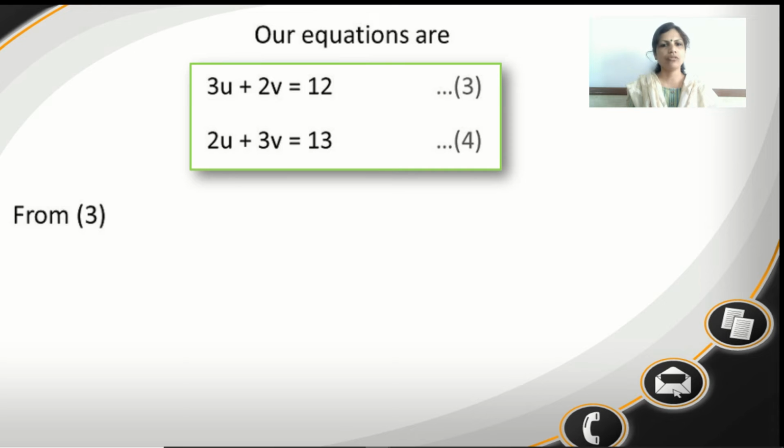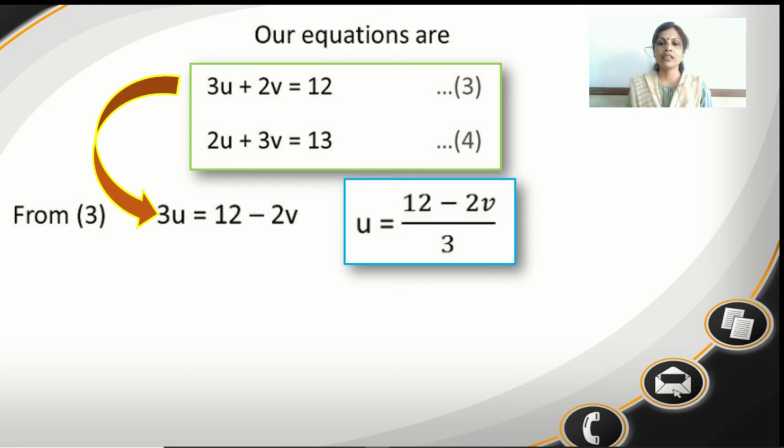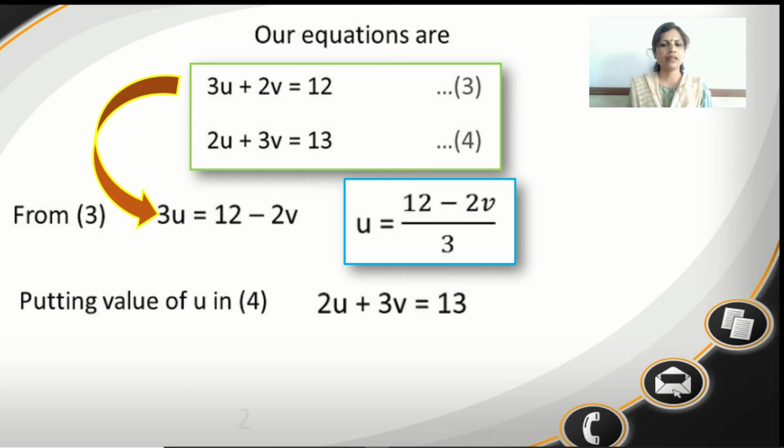From equation 3, we will write 3u is equal to 12 minus 2v, that is, u is equal to 12 minus 2v upon 3. Now we will put this value of u in equation 4, and our equation 4 is 2u plus 3v is equal to 13. Let's substitute the value of u into this equation. So 2 in the bracket, 12 minus 2v upon 3, plus 3v